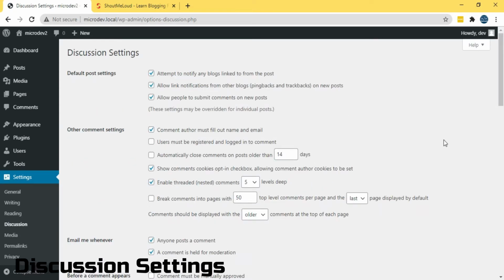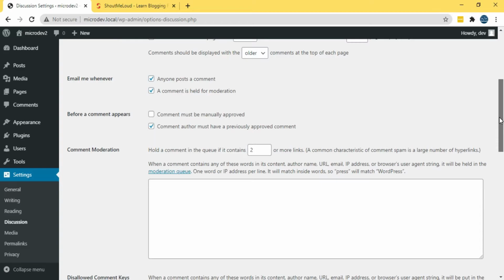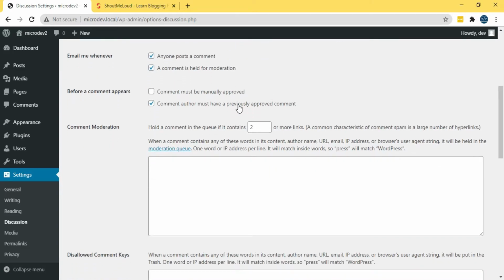In the discussion setting, you can set any setting related to comments. So if you want to close comments on posts older than, let's say, 60 days, then you can set it here. And if you don't want to allow comments from your visitors, then you can disable it from here. At the bottom, you may want comments to be manually approved.